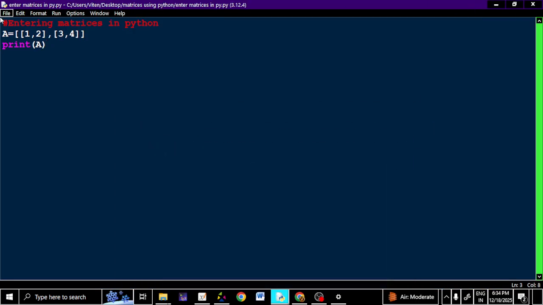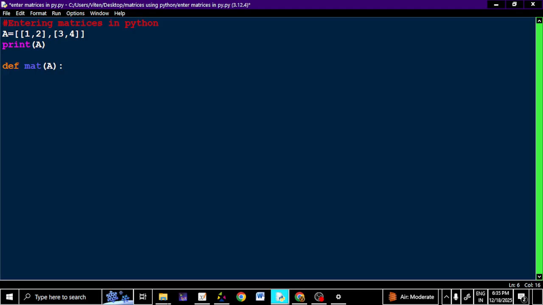So if you want the output to be seen in the rectangular form, then you'll have to define a function. Okay, and how do you define a function? This is the way you define a function. Define def. I'll put the name for my function. Let's say mat, since I'm dealing with matrices. And my argument is only one right now. Let's say A. So whatever matrix A I have, what I have to do is, whatever list A I have,